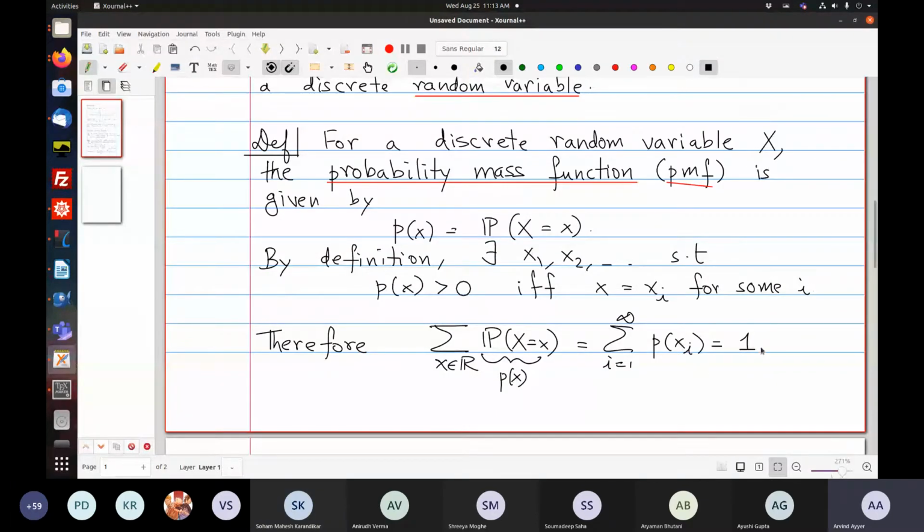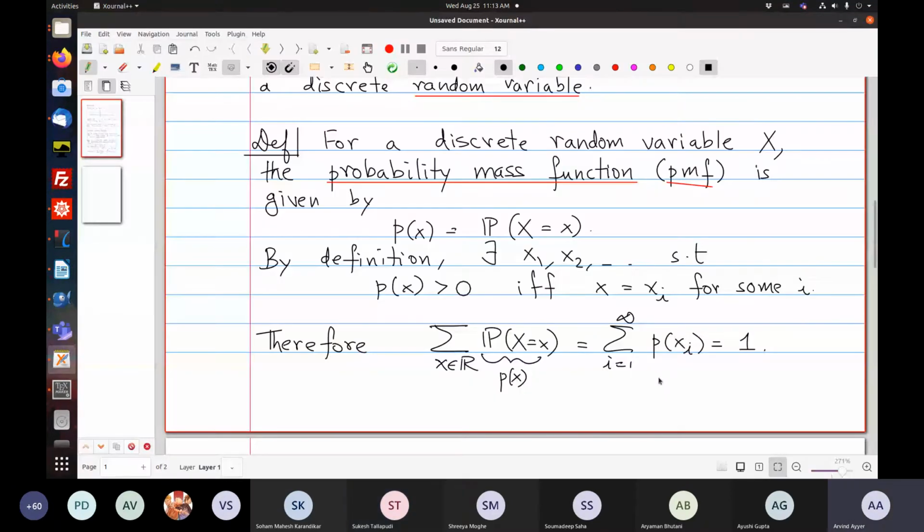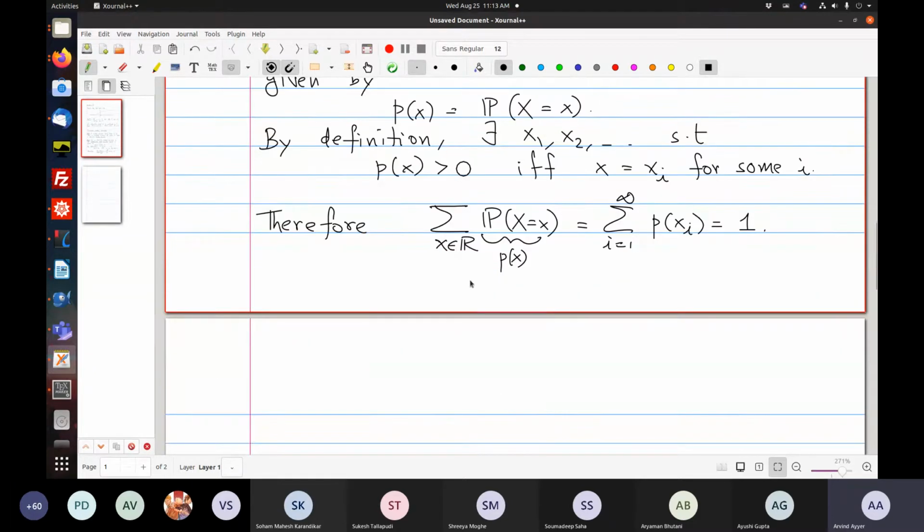So, sir, are a countable number of points and a finite number of points different or the same? Well, finite is countable, but countable is not finite, right? The set of natural numbers is countable, but not finite. Of course, finite is included here. So it is possible that there are only finitely many points. It'll just become clumsy if I divide those two cases. But finite is very much included.